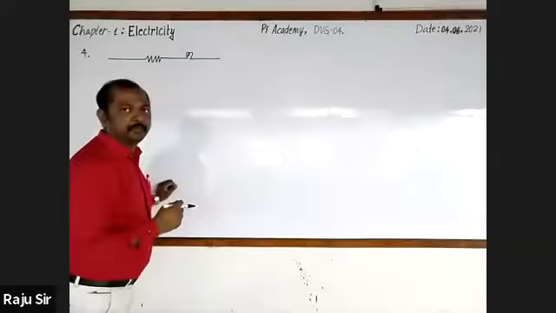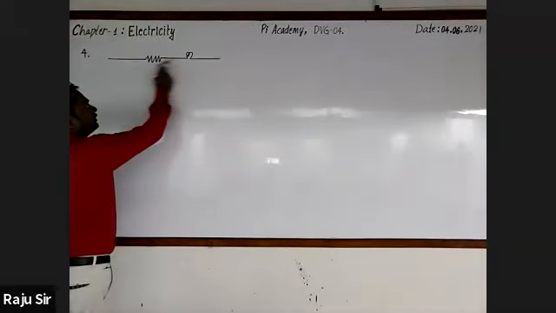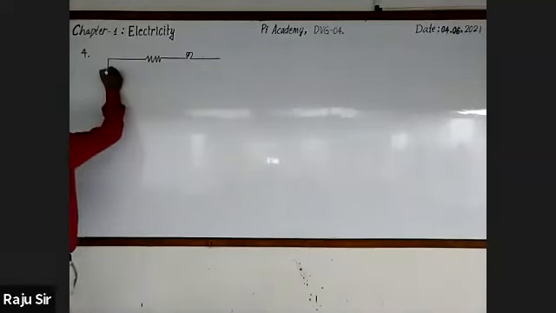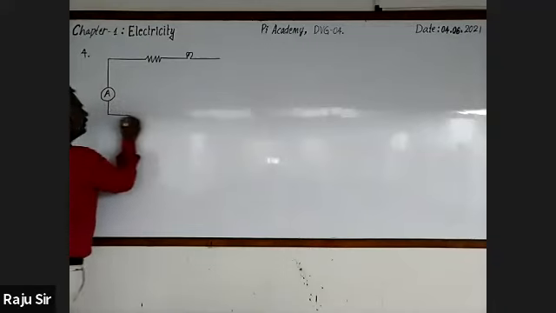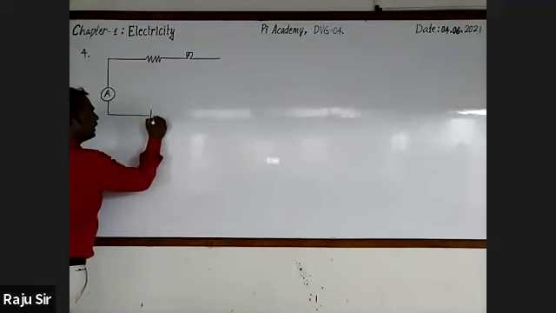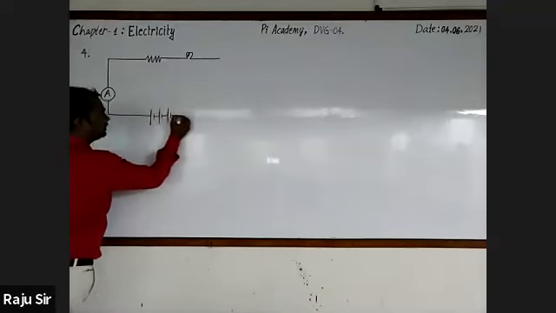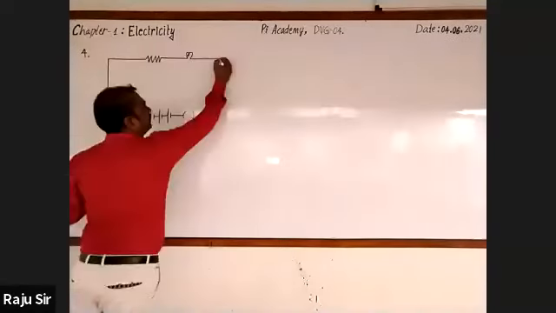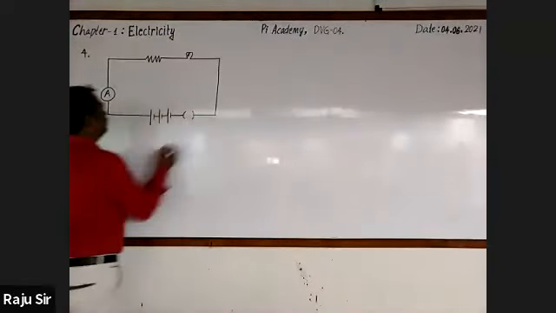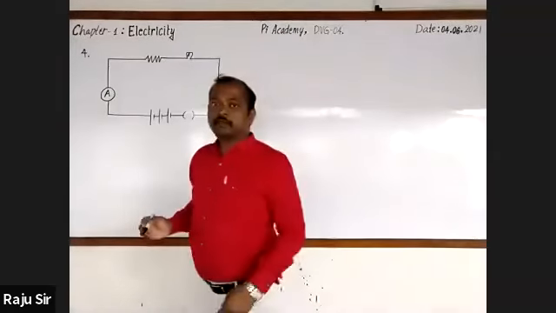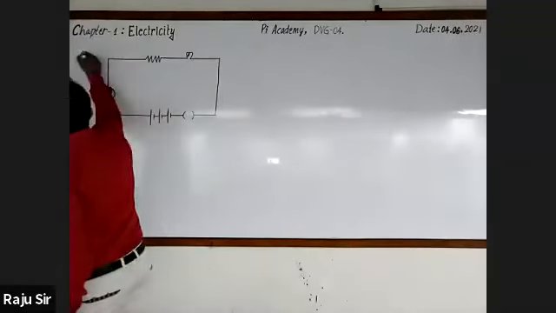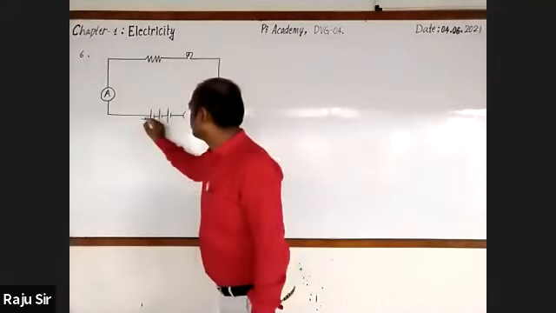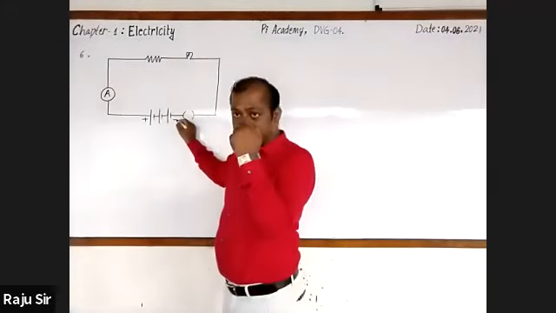Please go and draw with me. Electric resistor, and this is an electric bulb. And these are connected to terminals of a battery along with a switch as well as a meter. Here, this is a battery. Three cells are connected, and this is the switch. And write the terminals as well: 1, 2, 3, 4. Write the terminals.